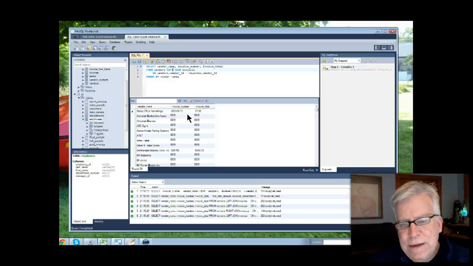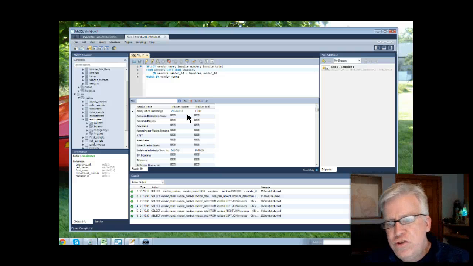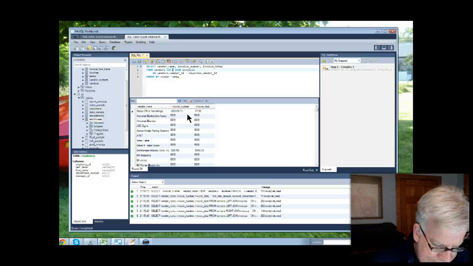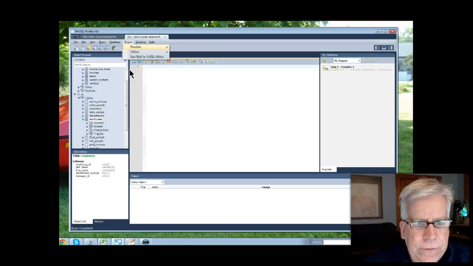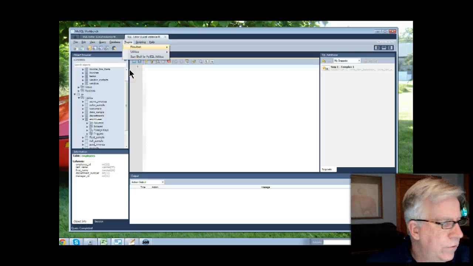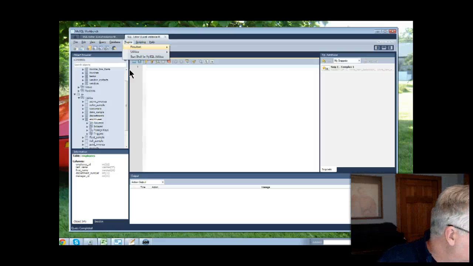But here I want to say, I want all of my vendors and I want to join them to invoices, knowing that invoices do in fact exist. The next few pages give some examples of more outer join usages. So go ahead and read those pages and do those examples, and that will get us up to pages 136 and 137,